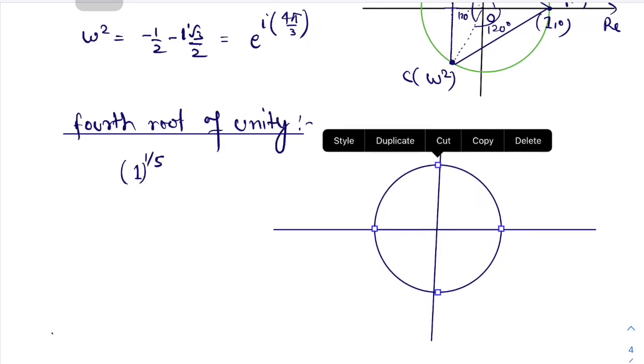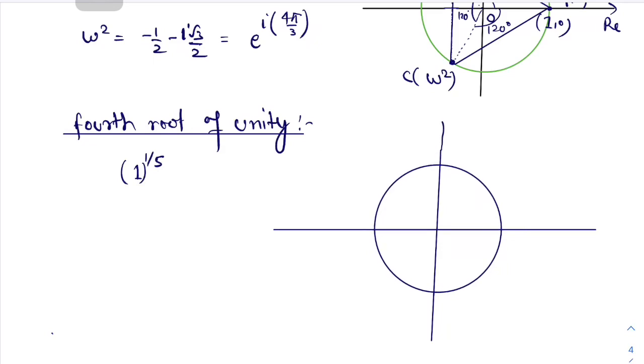All those complex numbers will be unimodular. It means they must be on the unit circle, a circle having its radius as 1 and center at 0. One answer is 1 only. What is that real number which to the power 5 is 1? That is 1 only. So 1 on the complex plane will be (1, 0).